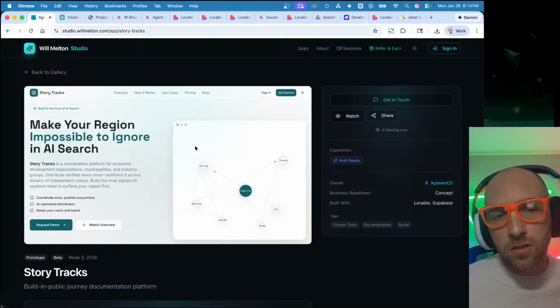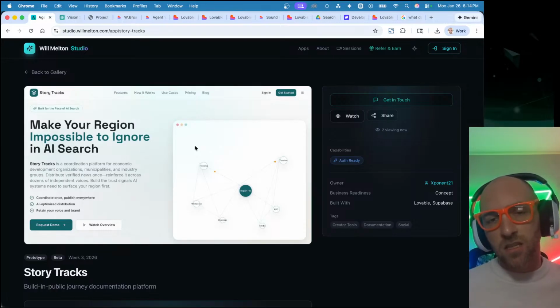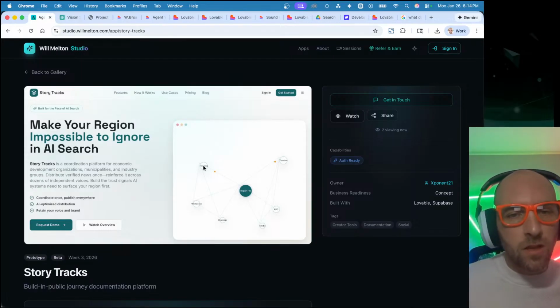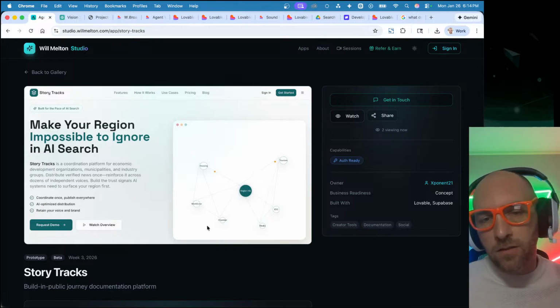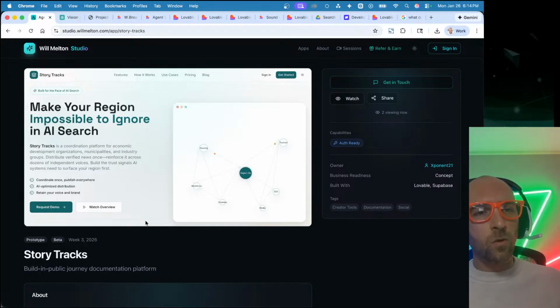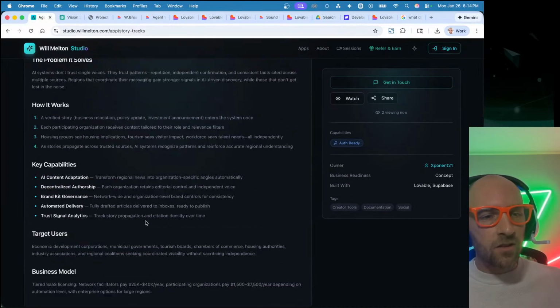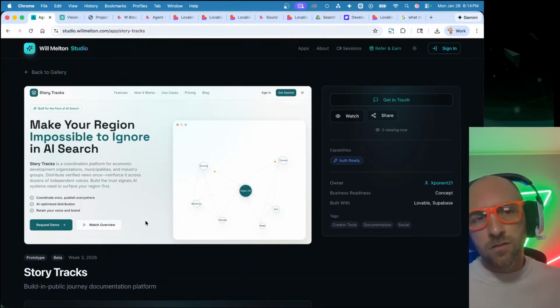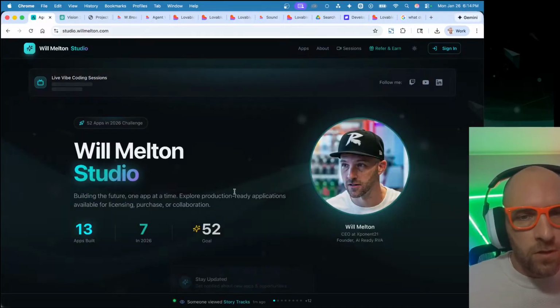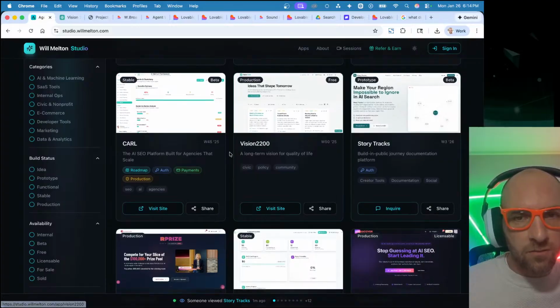Regions have the ability to triangulate their messaging, and this is ingesting ideas from one stakeholder and processing it through a transformer to be able to output it to another stakeholder in a way that is more relevant to their constituents. So this is an interesting tool that will enable regions to get a competitive advantage in AI. And this is relevant to some of the work that I'm doing. I won't bore you with that, but it's going to be in production fairly soon because I have an active project that needs that.